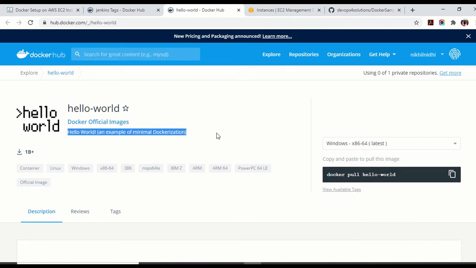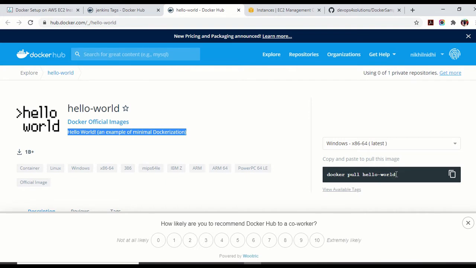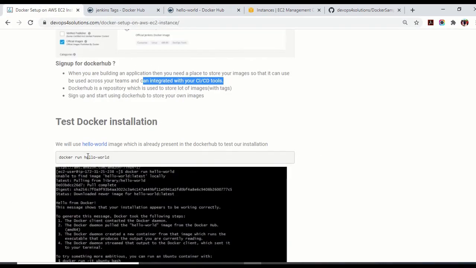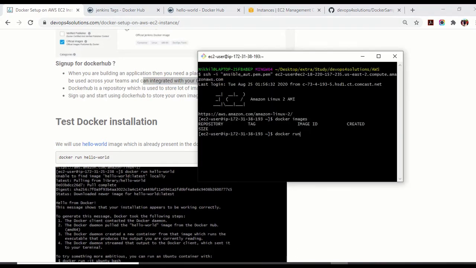What you have to do is just pull it. If you do the pull, it will just pull the image, but if you do the run, then it will run also. So we will just run the command just to make sure our Docker installation is working without any issues.